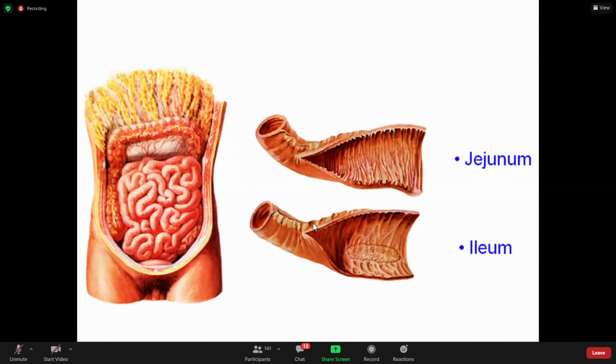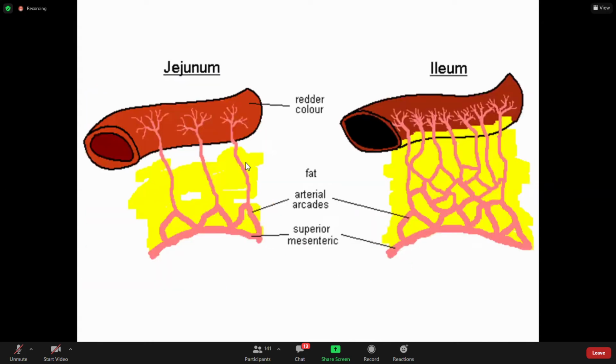Now the remaining two gross differences, you will be able to see even in this picture. So here, this is the duodenum, this is the ileum, this is the blood supply of the duodenum and ileum. So the difference which is visible here, but before I tell you exactly what difference is visible in this picture, I would like to tell you very briefly about the blood supply, or the arterial supply specifically, of your small intestine.